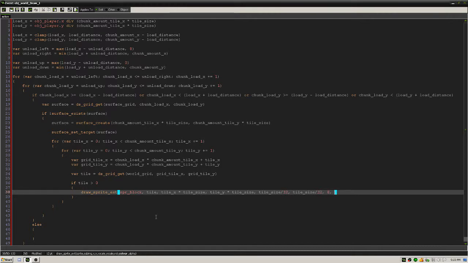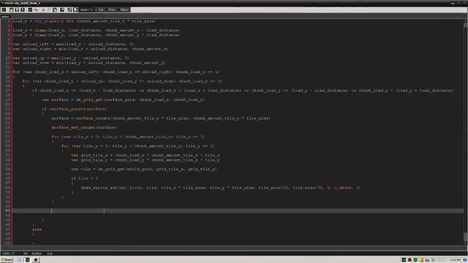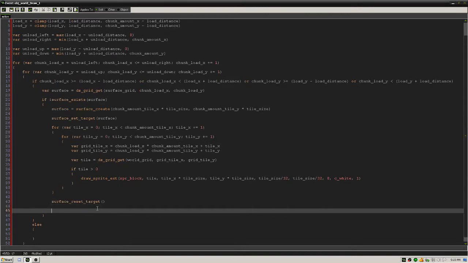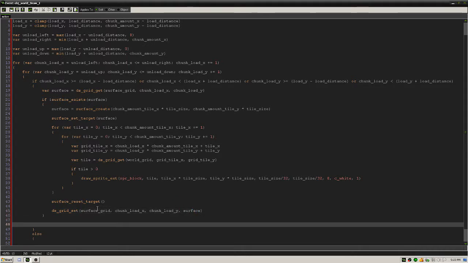Its rotation is 0, its image blend is c_white and has alpha 1. And after drawing the surface, let's go surface_reset_target, and let's set this surface to our grid. So ds_grid_set our surface grid, the chunk load x position and chunk load y position to be equal to surface. And now since we've already pulled that, if surface_exists(surface), just to be sure, then let's draw the surface,